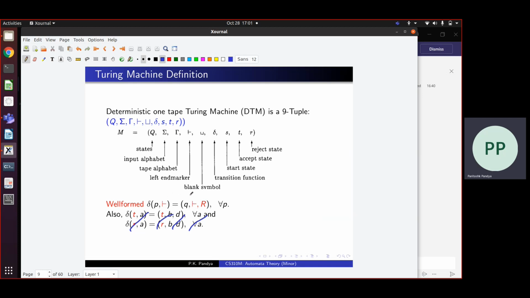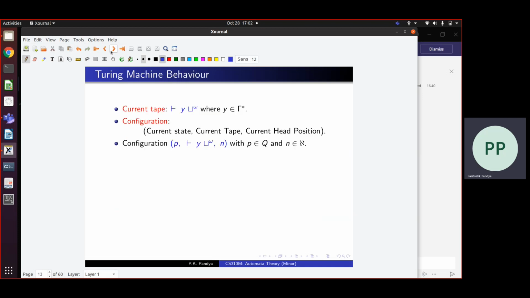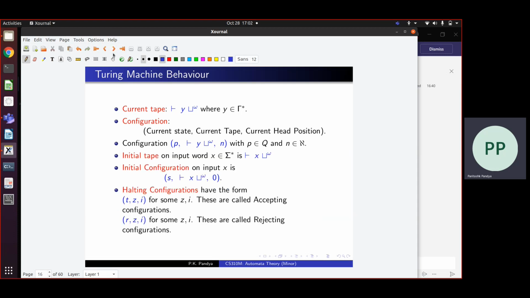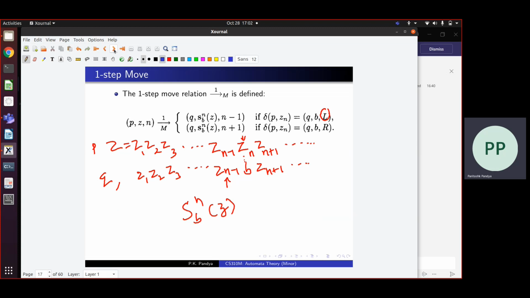And we will always rewrite left-hand marker with left-hand marker. So in some sense, the tape will always contain left-hand marker at cell 0 and will never move to its left. Okay. Secondly, from the states T and R, there will be no transitions. So once you reach T or once you reach state R, you cannot make any more moves. You have reached the final destination configuration. That is how we will do it. This is a little bit different from Kozen, but this is what we will follow.